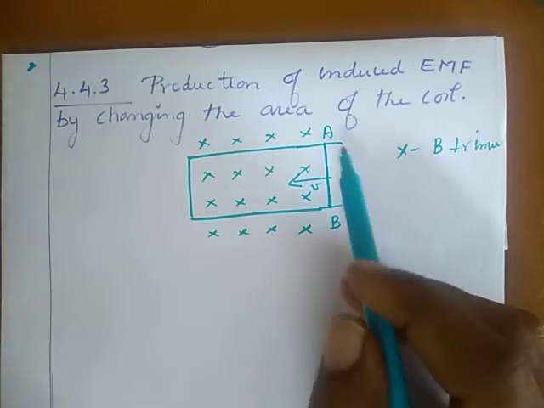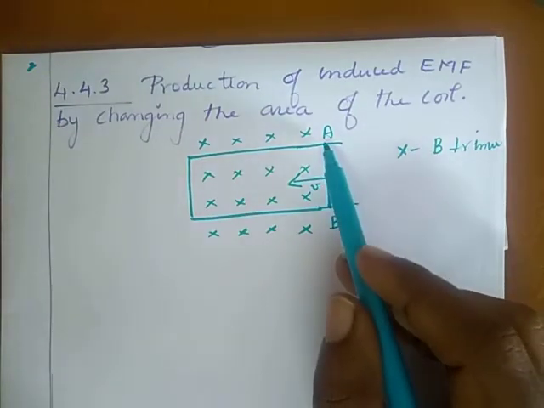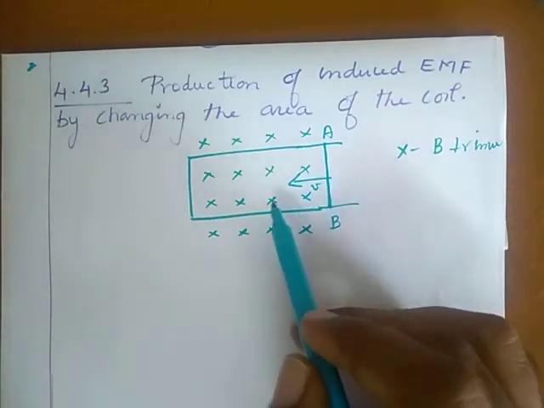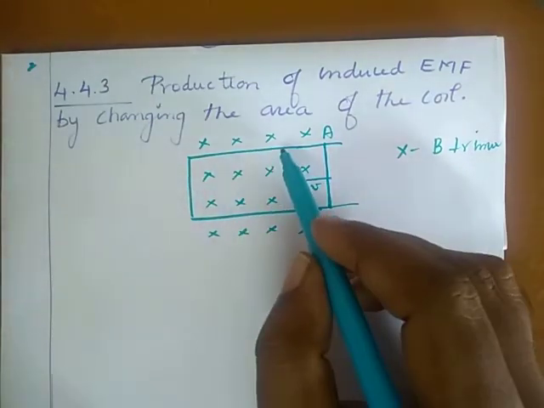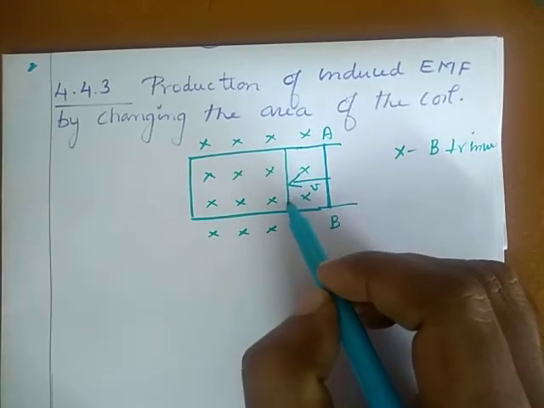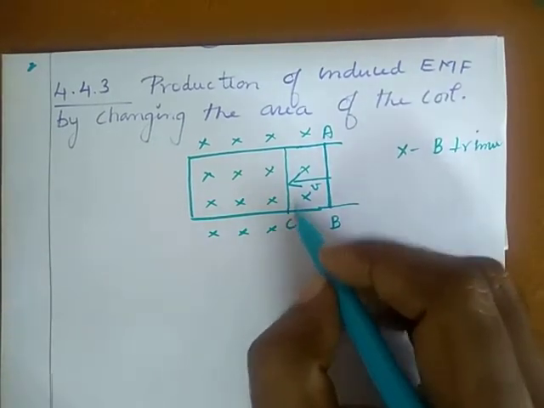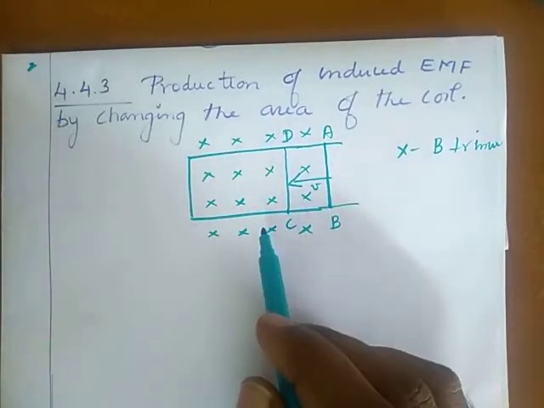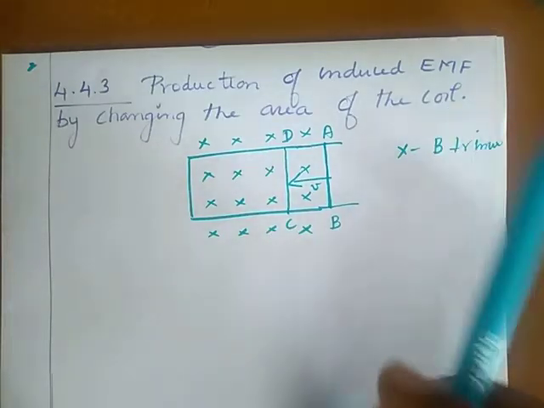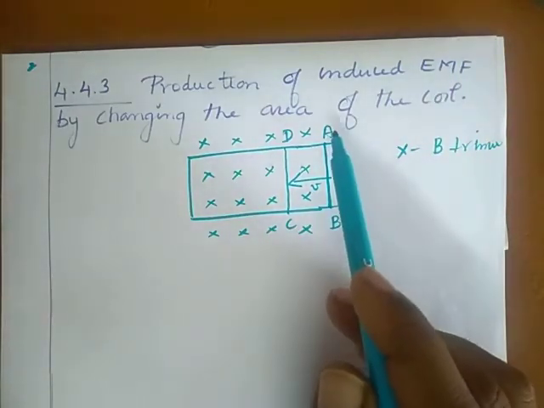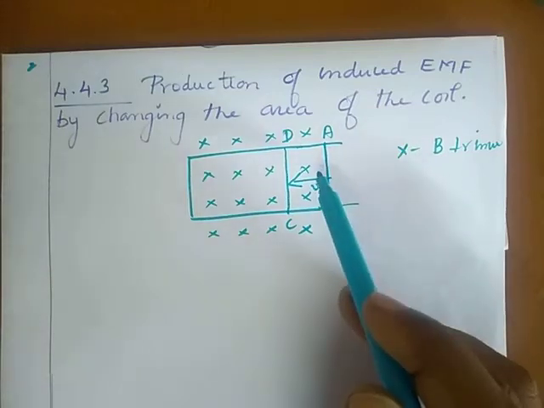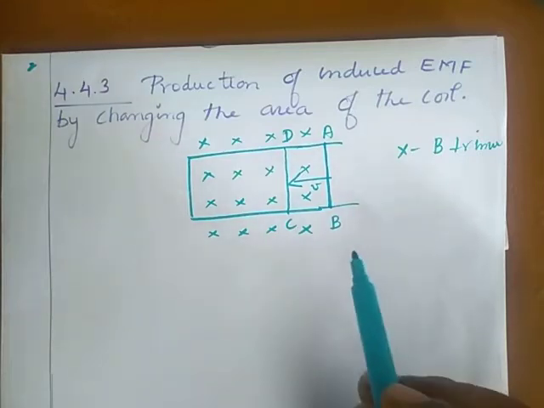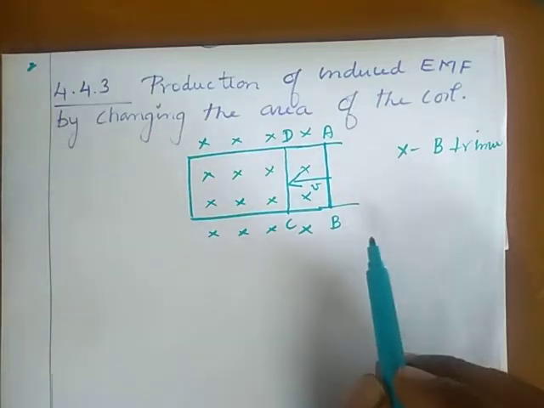Okay, then I placed a sliding conductor at a position AB. It moves with velocity V towards left. Okay, then it attains a new position that is called CD. During this movement, in the time interval dt, the rod changes its position from AB to CD. Okay, in time dt, the area enclosed by the loop, and hence the magnetic flux through the loop, decreases.